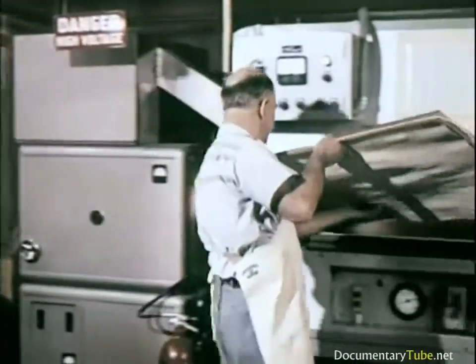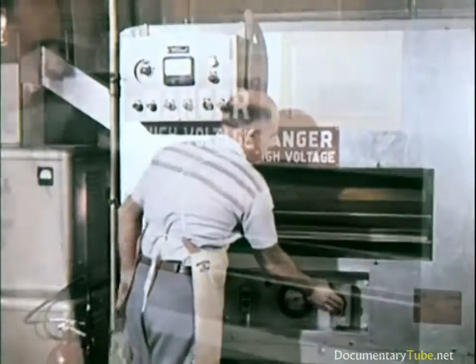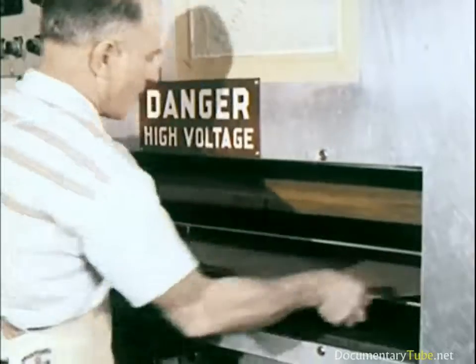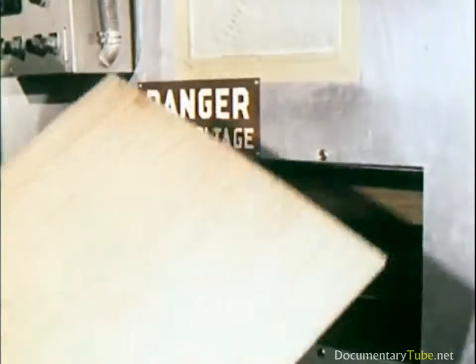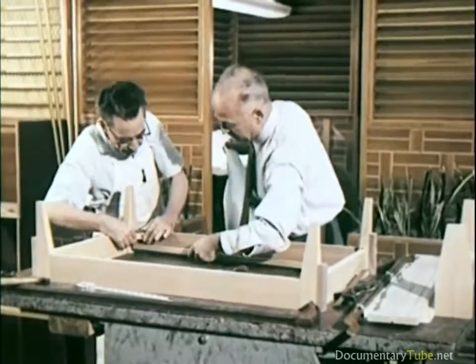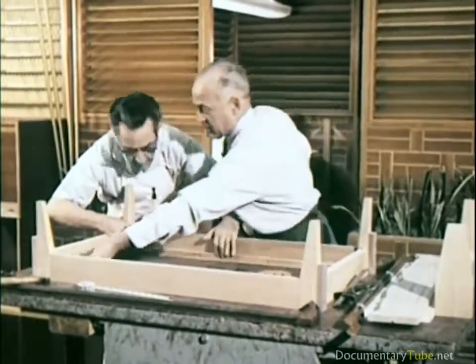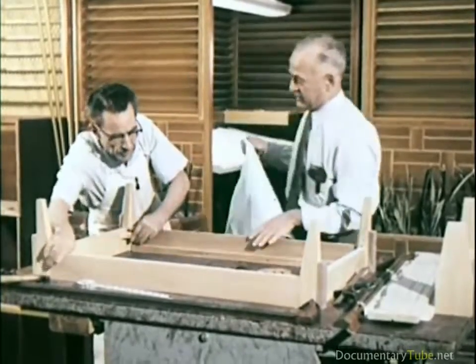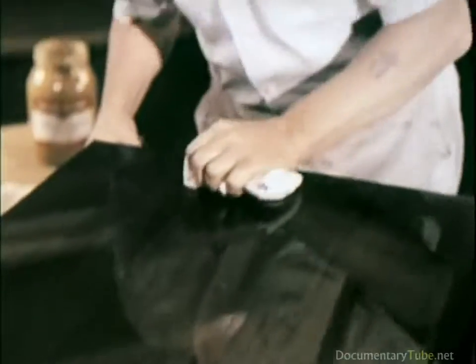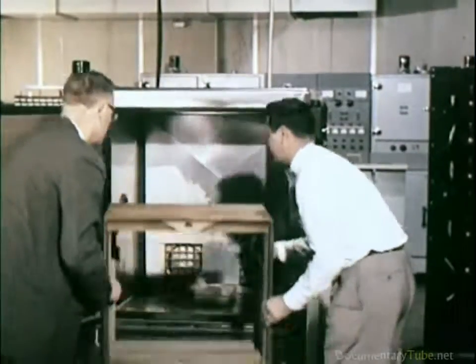When all components have passed quality tests, the go-ahead is given to build a prototype cabinet. In RCA Victor's own cabinet shop, skilled cabinet makers now help to bring to reality a handmade prototype. Finally, after the test finish is applied and is hand rubbed, the completed cabinet is ready to be tested as a unit. And even though each part has been individually